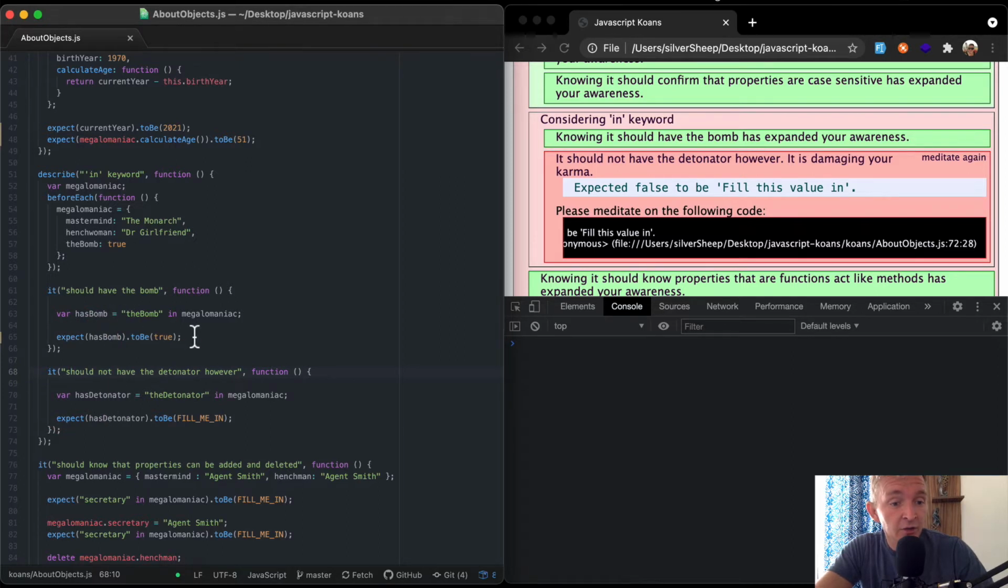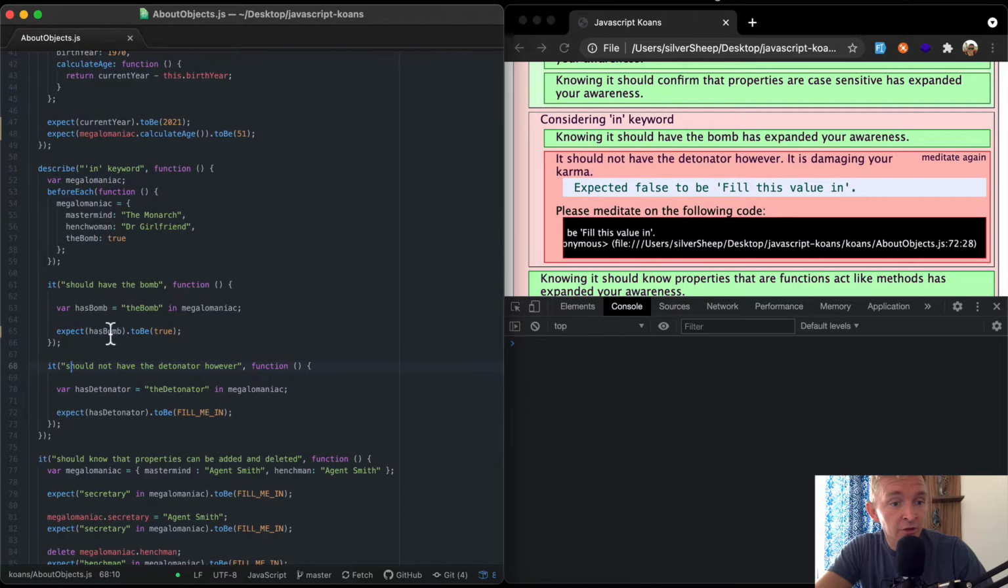Okay, so line 72 is the one that's failing. The bomb, we've actually already passed this test. This is one that we did in a previous video. So let's check out line 72. It should have the detonator in megalomaniac. So let's see, the bomb was here. That was set to true. Has detonator